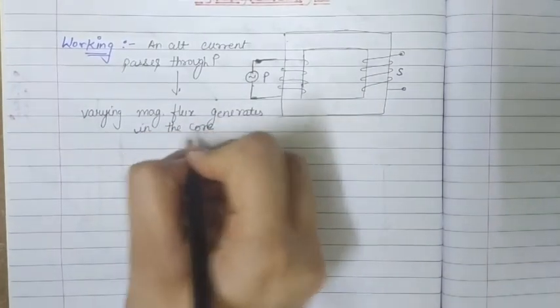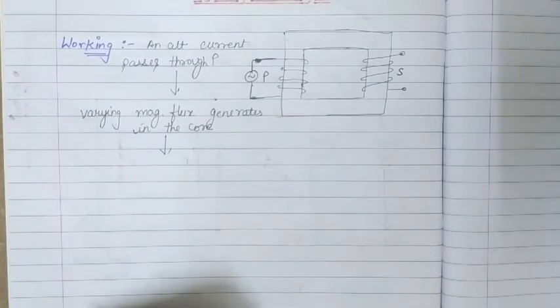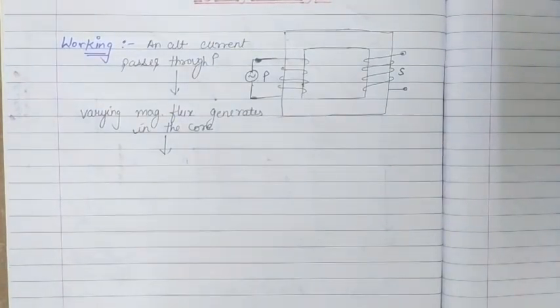Since the core is the same for the secondary coil, this changing magnetic flux is also connected to the secondary